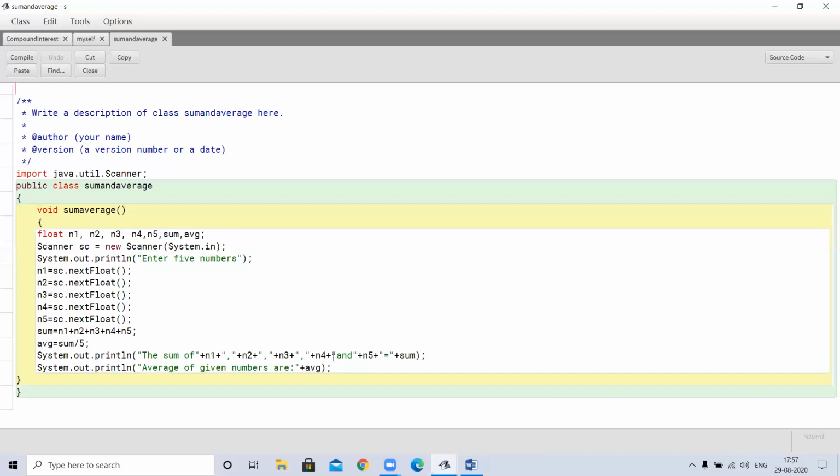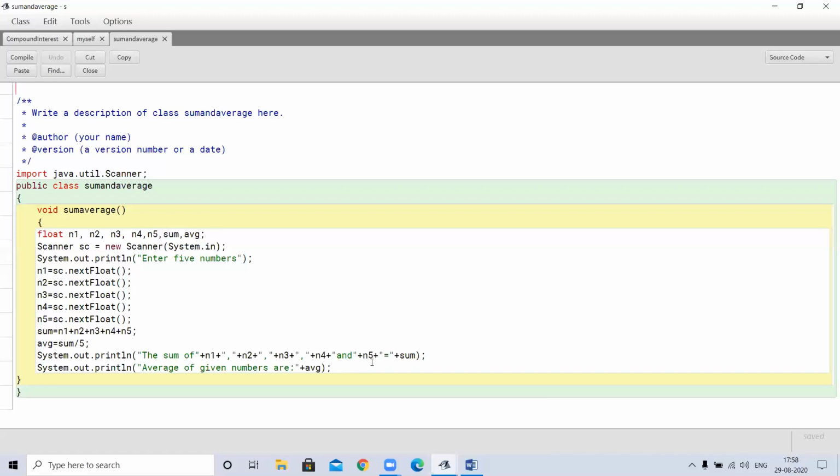And you can watch here which characters or which word or which string we have to print as it is, I have written in double quotes. You can see here "the sum of" is written in double quotes, comma, this comma and this "and". These are all written in double quotes, meaning as it is we have to print.